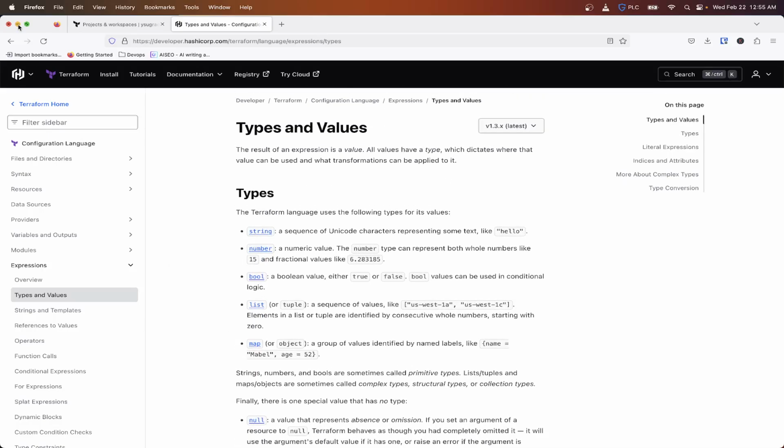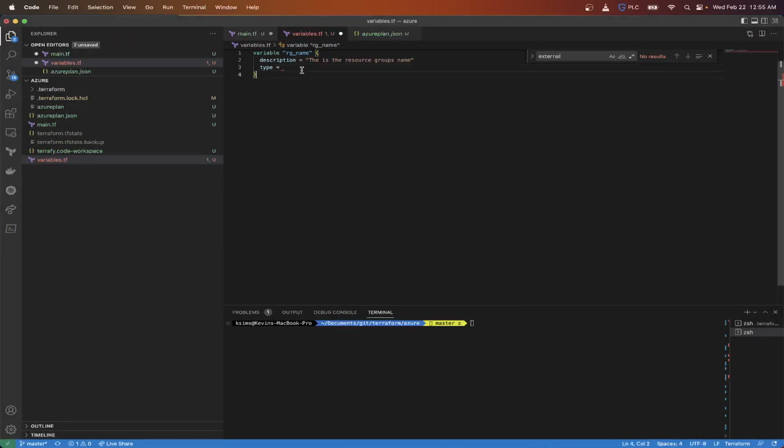So for our first one here, the type is going to be string. And for the default value, let's name it new resource group. Or actually, let's go with Azure Terraform RG. Okay. And then I'm going to copy this